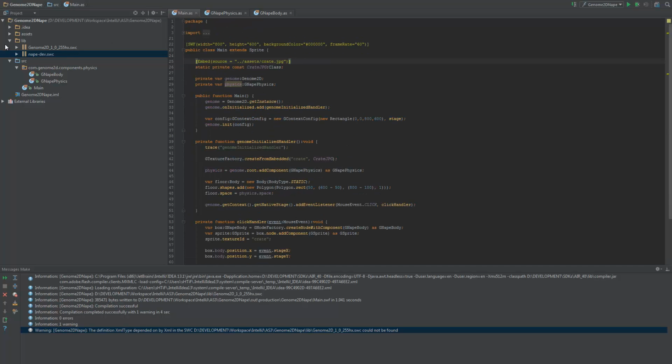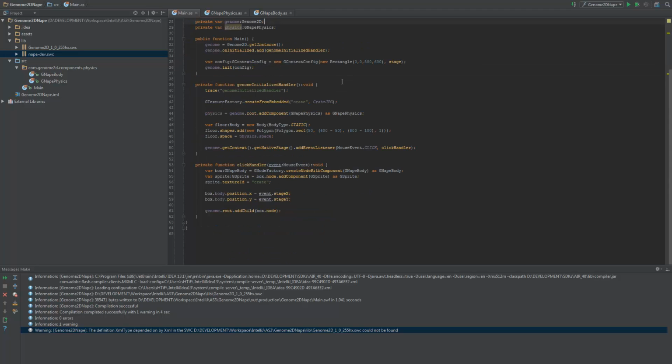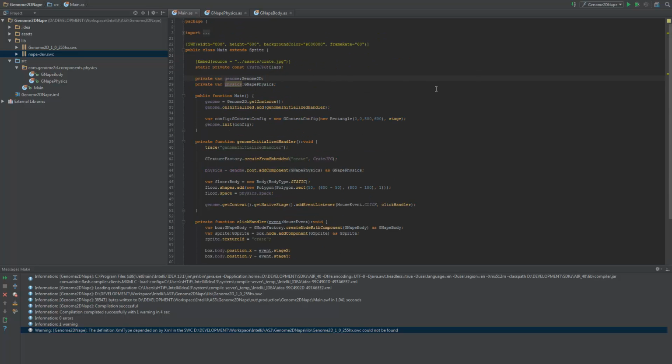You can compile it if you use Haxe, and if you want to compile the whole Genome2D and Nape together, great. It will probably be even more performant due to inlining. Anyway, enjoy, and now let's move to the second topic of our DevCast, and that is